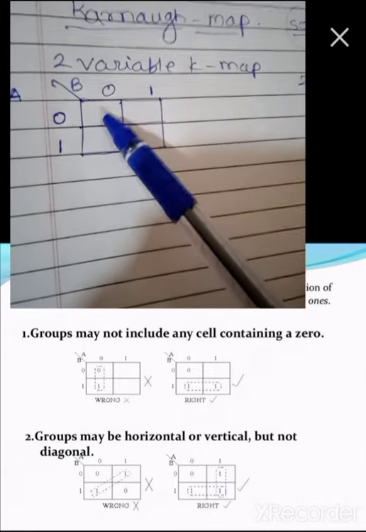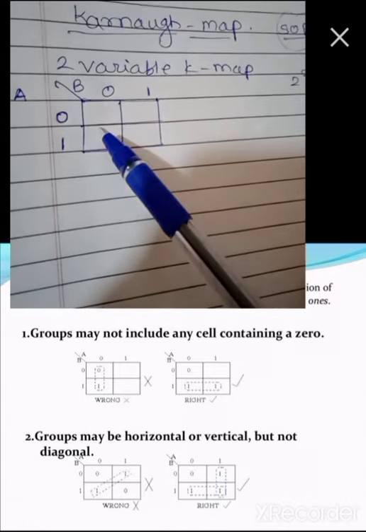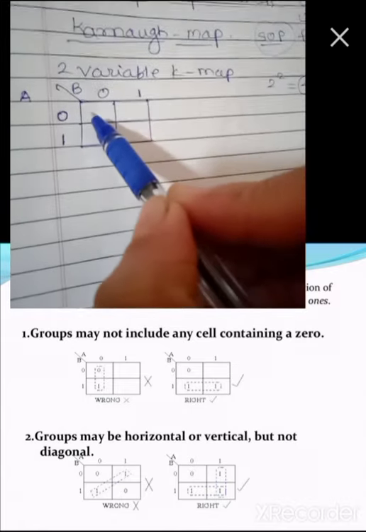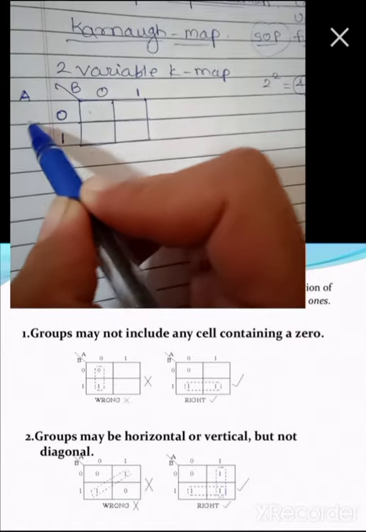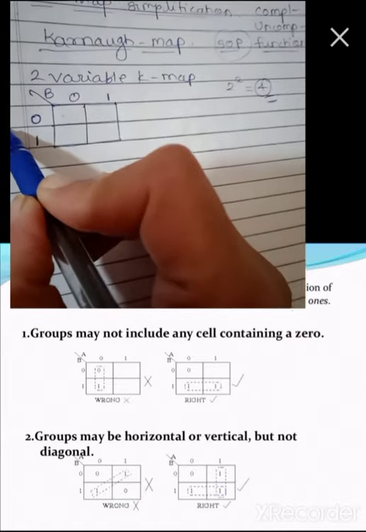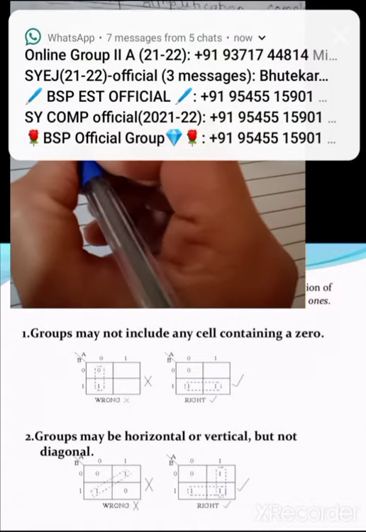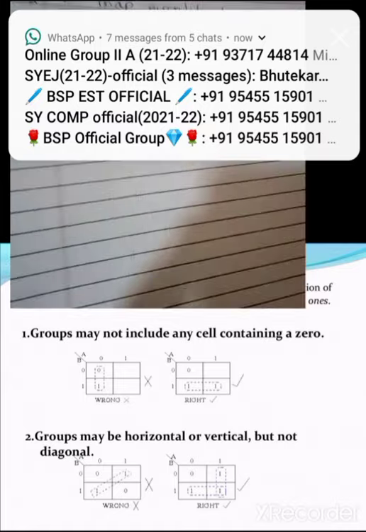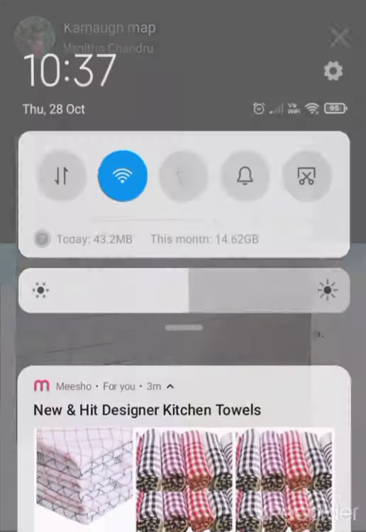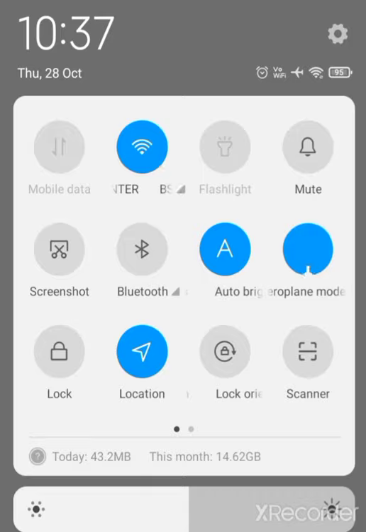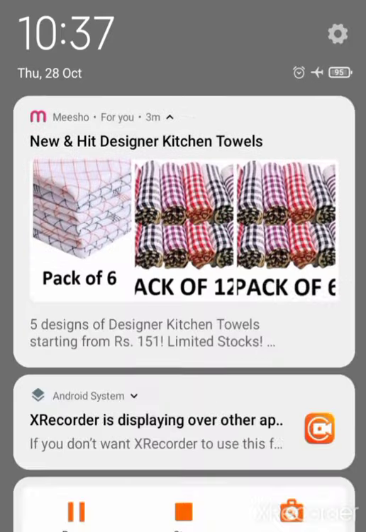So this column represents this row and this column. So it represents 0, 0, right? So 0, 0 means A bar, B bar, because we are taking complement for 0. That means this house represents this column and this row. So for this column, I'll write A bar, B bar.